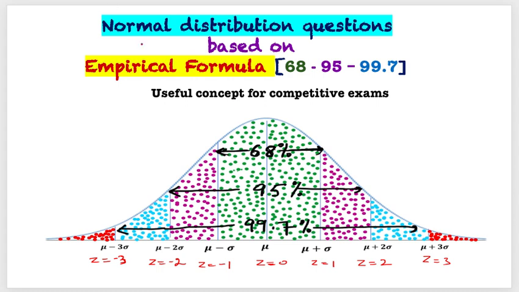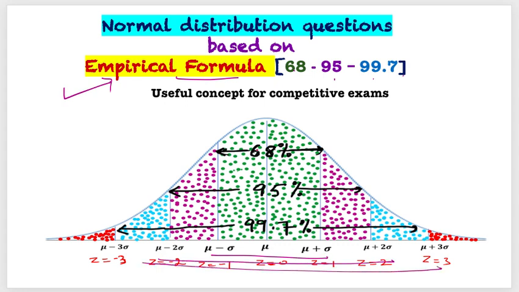Hello everyone. In this video, I am going to share one formula which is useful in the normal distribution. It is called the empirical formula, and it is the rule of 68, 95, 99.7. It says that when your normally distributed data is broken down into one standard deviation, two standard deviations and three standard deviations, the area within one is 68%, and when we see how much area is covered between two